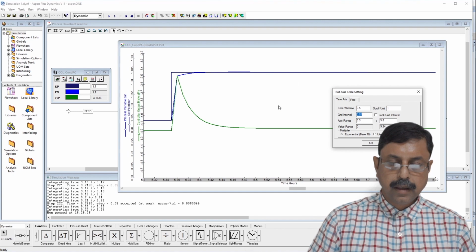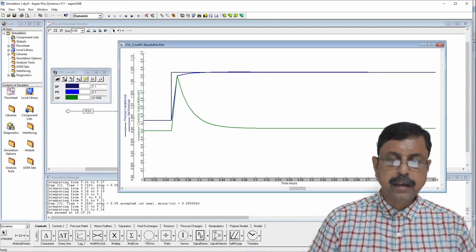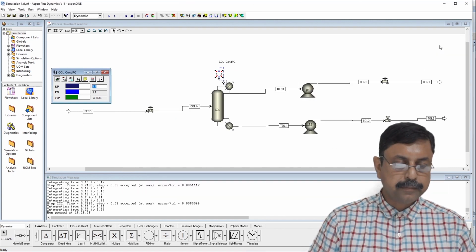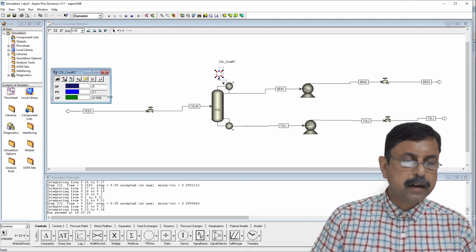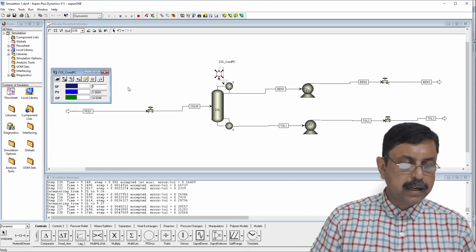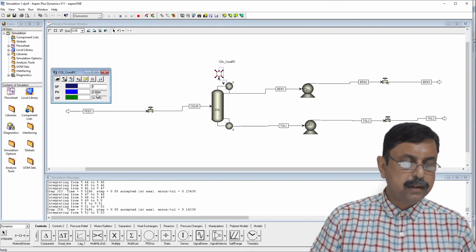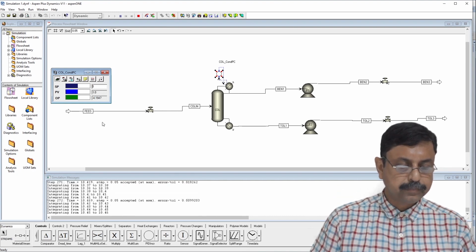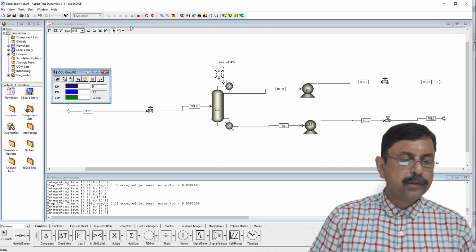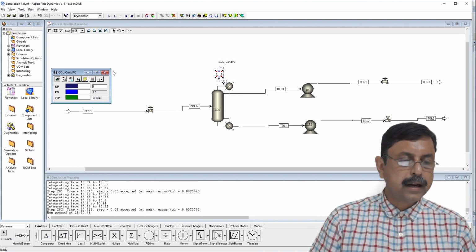Okay. Anyway, so that is how we run the simulation. Now let us bring it back to 1 bar and run it. And again, you can see within very reasonable time, it has come down to 1 bar. So let us stop it, and